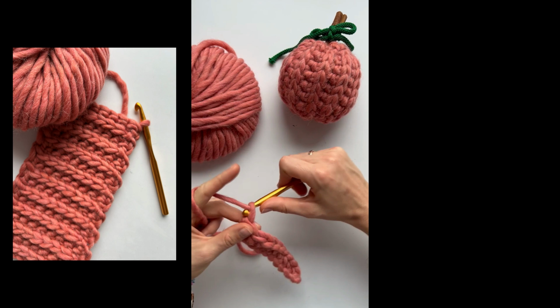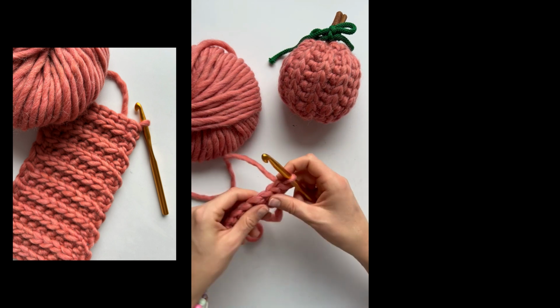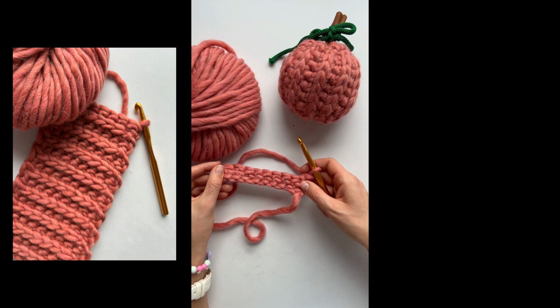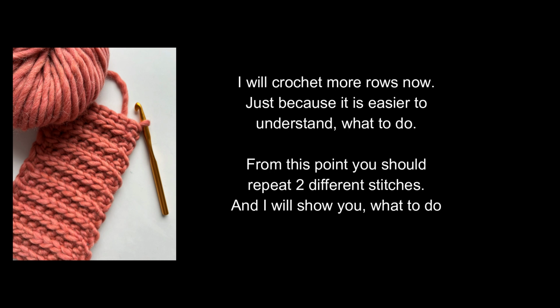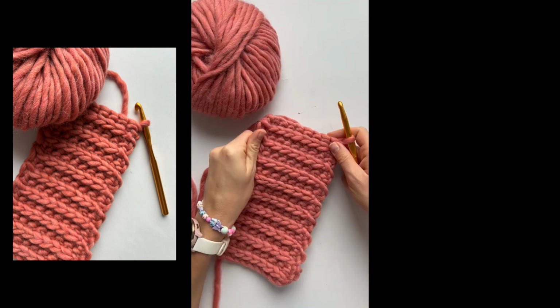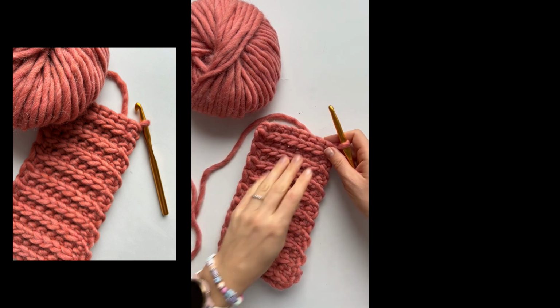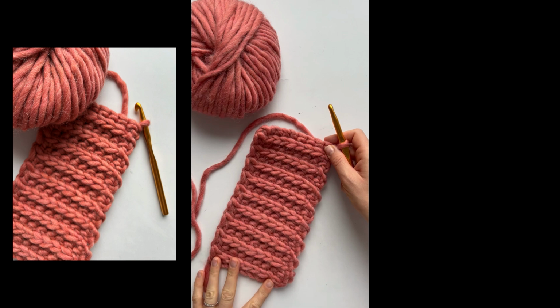Let's continue. Chain 1, turn the work to the other side, and I will be repeating rows one by one. And I'm repeating 2 rows one by one, and I will show you how to make the pattern that looks